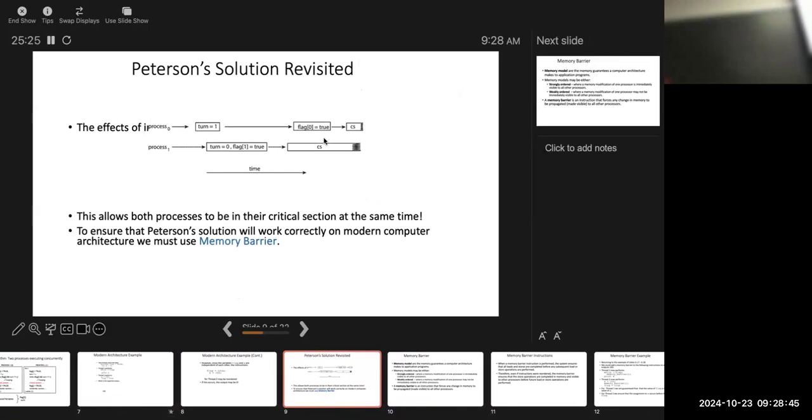From your facial expressions, I can see that the previous example of reordering, where we had thread 1 and thread 2 setting x equal to 100, was clearer to you than the Peterson one. So I'm using that example to explain what a memory barrier is. Remember, thread 1 was continuously checking the flag: if the flag is not true, keep checking it. Thread 2 was supposed to set x equal to 100 and then set